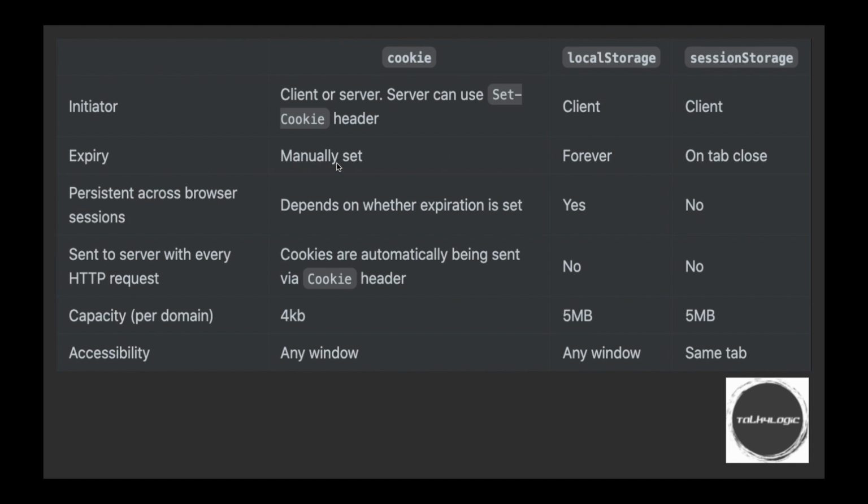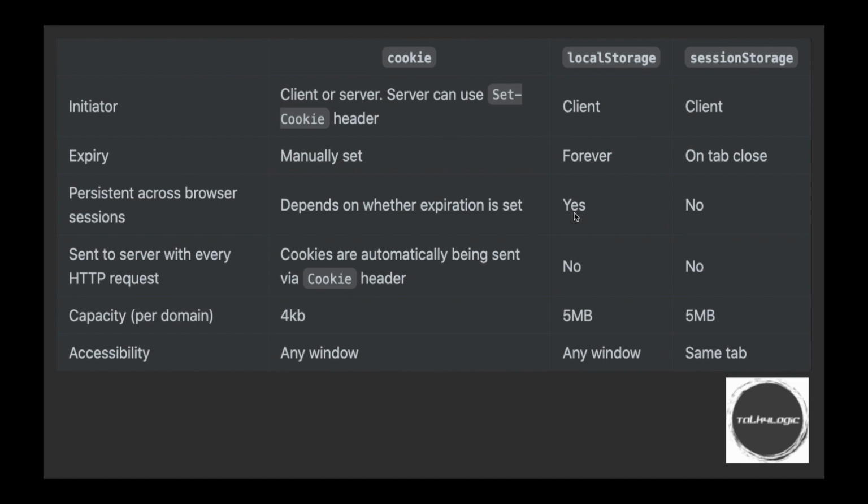Expiry is manually set. When we declare the cookie, we set or update the expiry time as per the requirement. But local storage lasts forever, and session storage depends on the tab state. Persistence across browser sessions depends on whether expiration is set for the cookie.